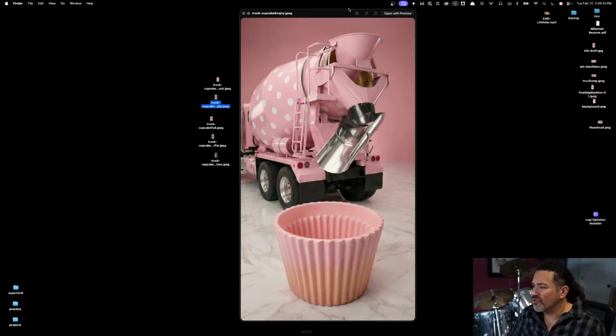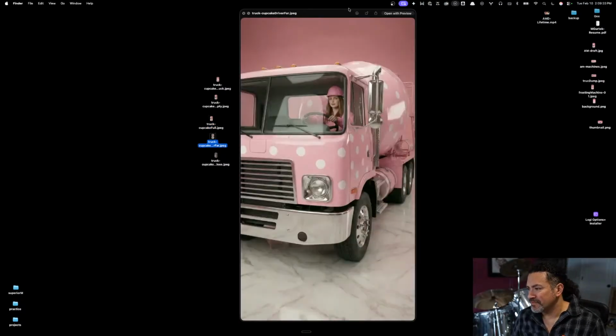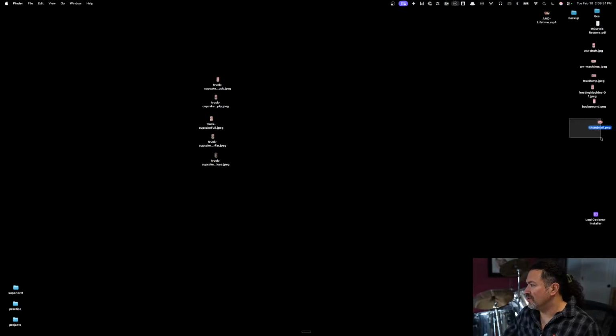Then we have the truck that's going to back in, load it up with cake batter. Then I'm going to have the camera turn around to the front of the truck, which will be a woman driving with a pink hard hat and suit. And then we'll, I guess, transition to there or zoom in the camera. Next, we're going to move to